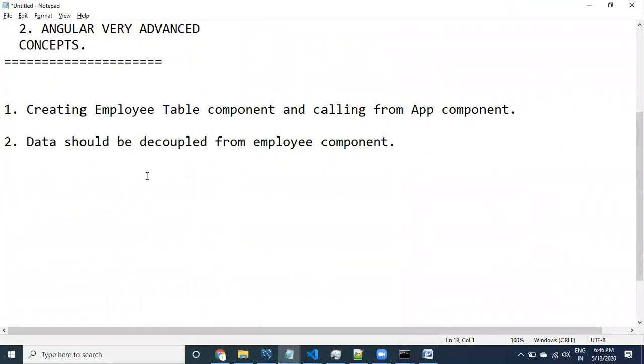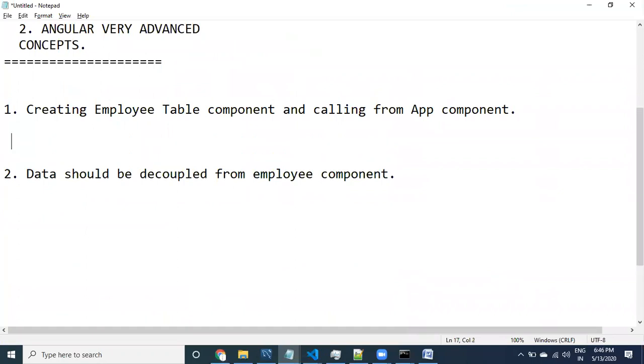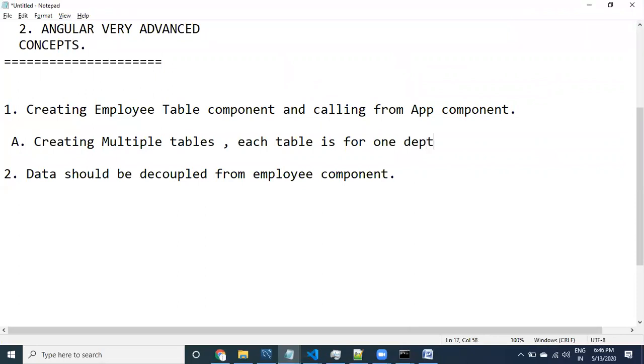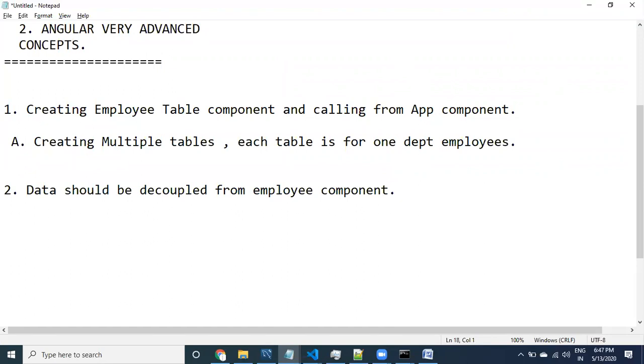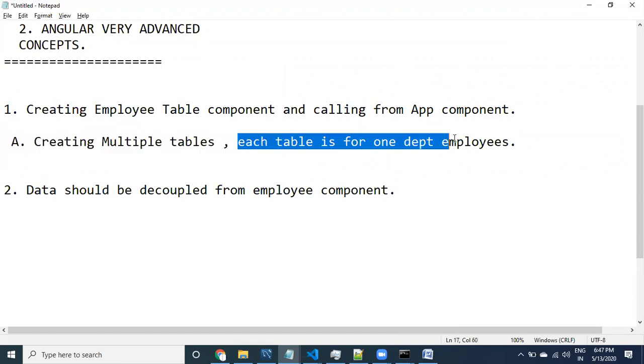We have created employees, and now the next question is creating multiple tables, each table for one department's employees. However many departments there are, that many tables I would like to create.